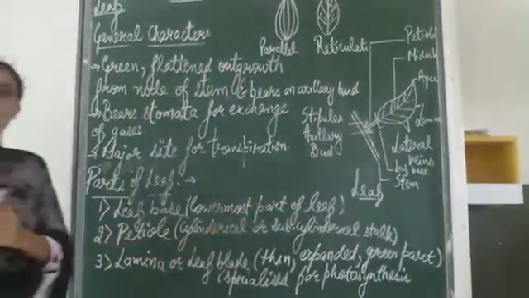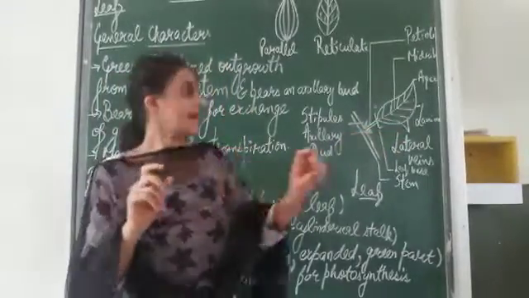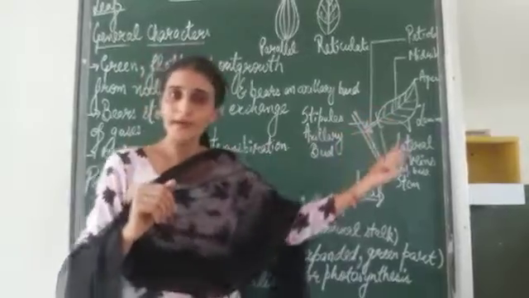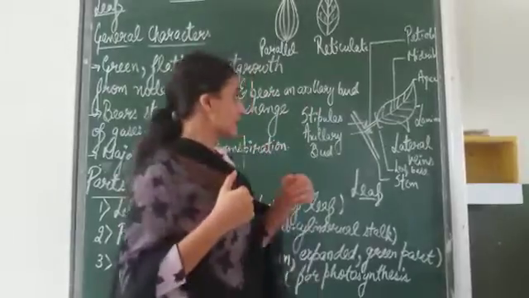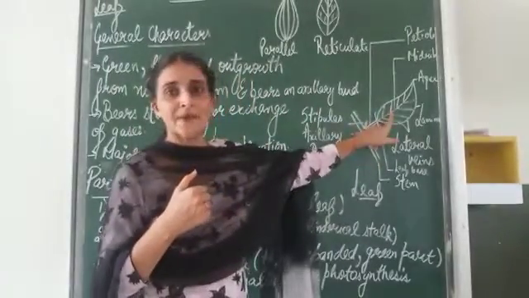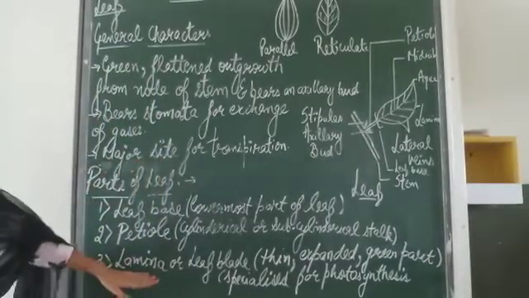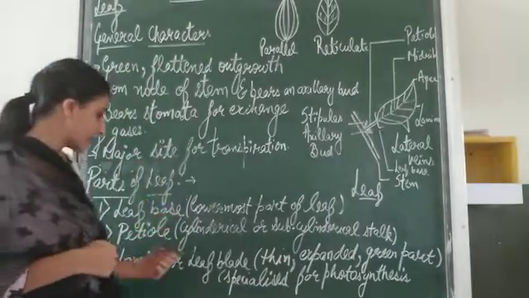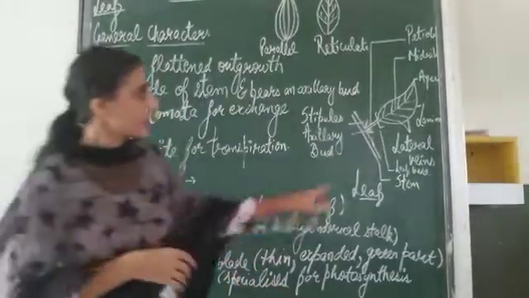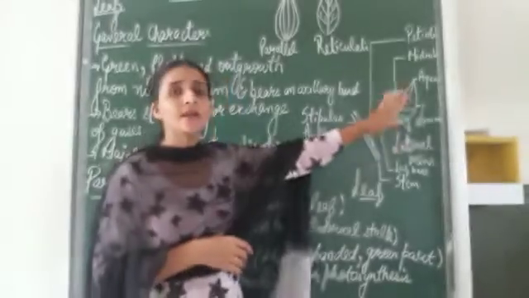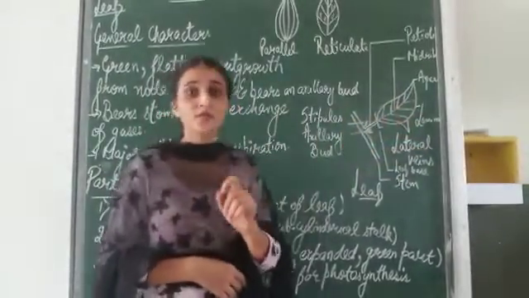Another function of petiole is it helps to hold the lamina and it also provides exposure to the lamina so that it could get a sufficient amount of light for the process of photosynthesis. Also petiole helps the lamina to flutter in the wind. Third thing is the lamina, that is the third part. Lamina, or you may call it leaf plate. So leaf plate is generally a thin, expanded green part. This is the main site for the process of photosynthesis.